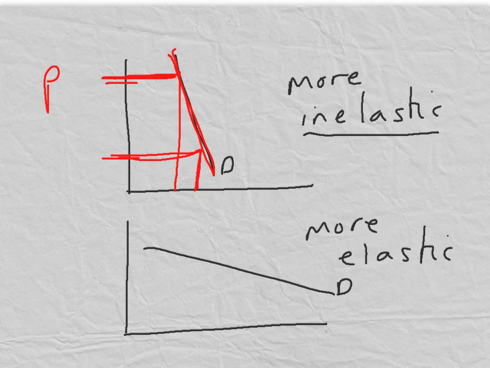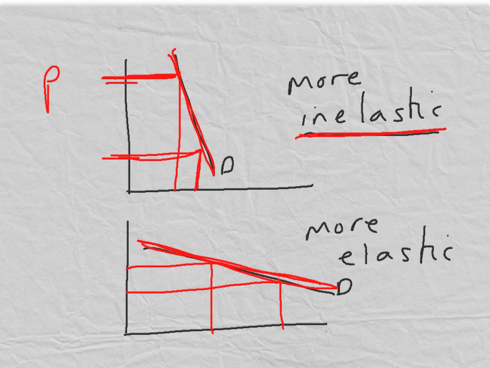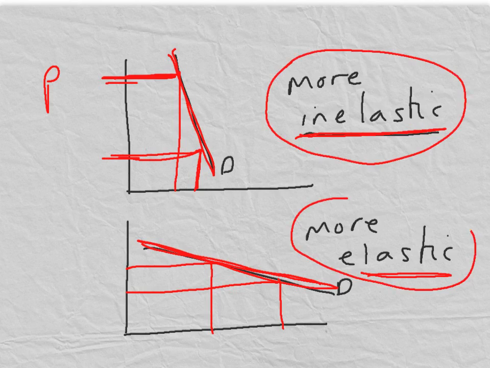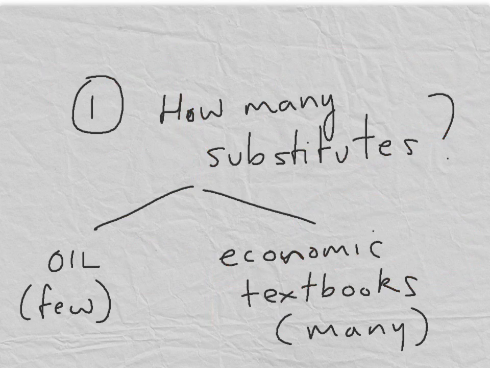In contrast, this demand curve is much more elastic. It is much shallower. A small change in price will cause a large change in quantity. So, some goods are quite inelastic in their demand, others are much more elastic. And we're going to look at what factors determine whether a good is relatively inelastic or relatively elastic with respect to changes in price. So let's consider the first and most important factor, that is, how many substitutes there are